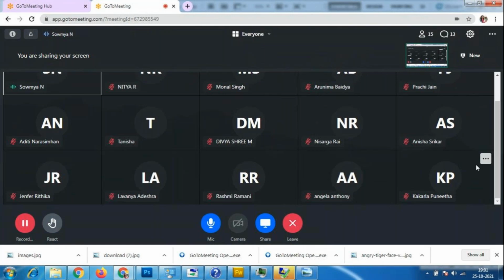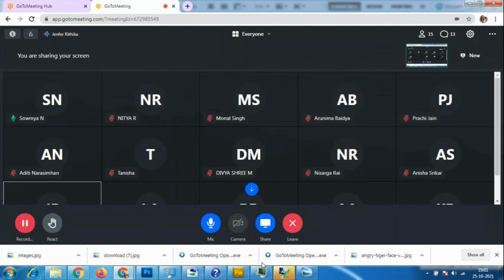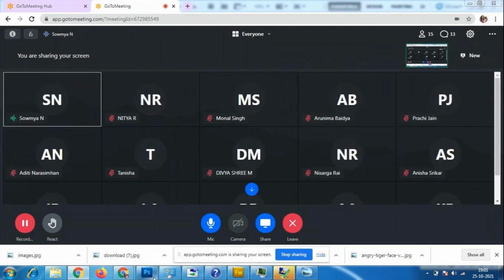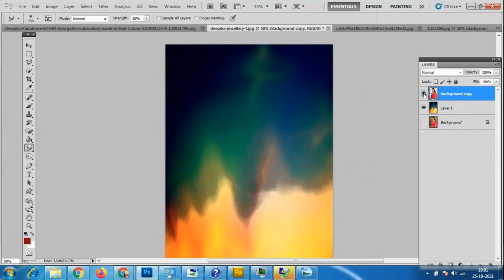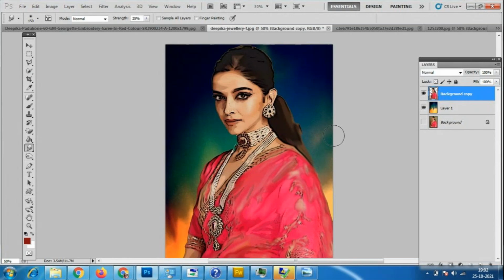No doubts. Okay, so that's why I have taken this filter option in the last class. Using this filter, you can use the smudge tool and this effect option also. If you combine both, you will get one painting effect. We have to keep sitting for one or two hours, then we can neatly make the painting. We will get it how exactly we want, and according to that we can do it.